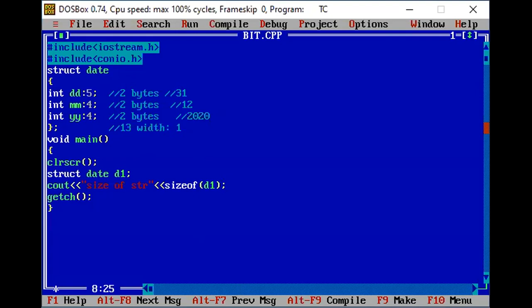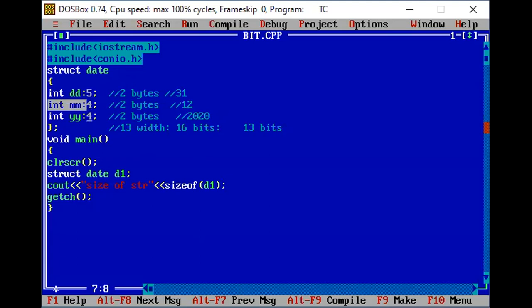The size of integer is 16 bits or 2 bytes. 2 bytes equal to 16 bits. And if I consider only 13 bits have been used by your variable, there is no need to use the size of another integer type.